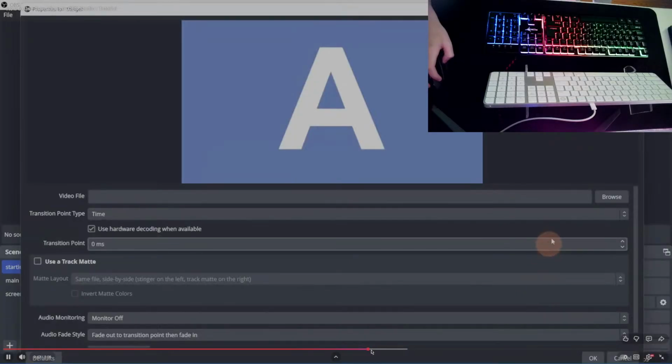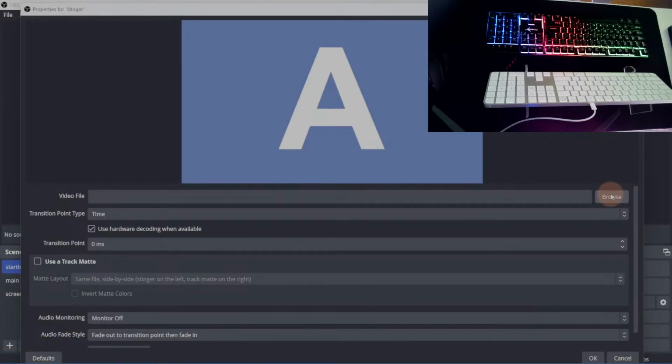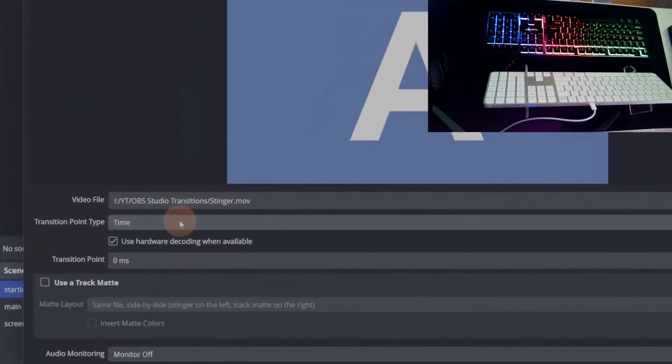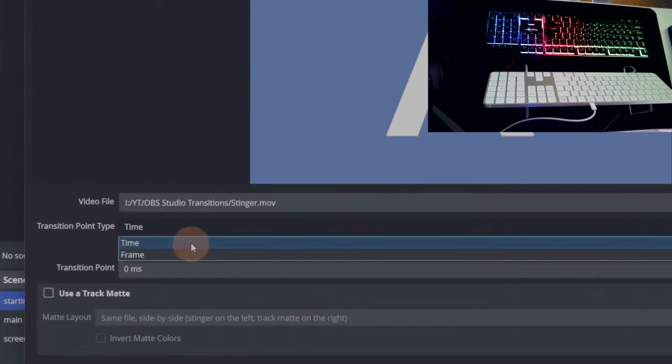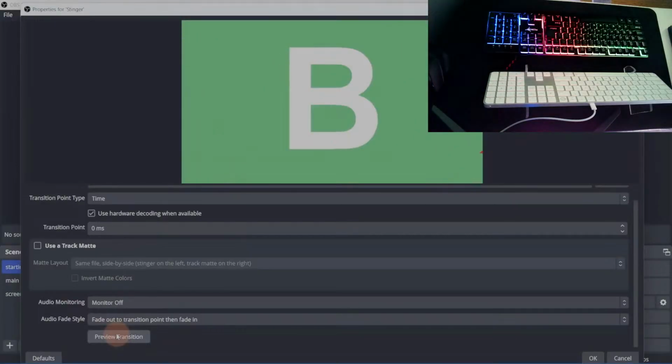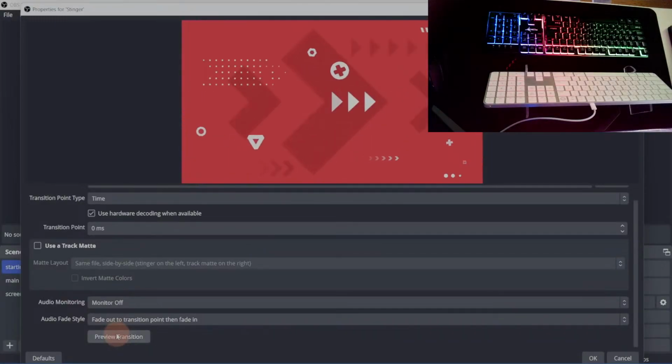There are no stinger options in OBS, so you'll either have to make them or get them through sites like Motion Array or Pond5. The one I'll be using is from Motion Array. Click Browse to select the video. You can set the transition point type to either time or frame. Now if I preview this transition, you can see that it switches to scene B before the transition can cover